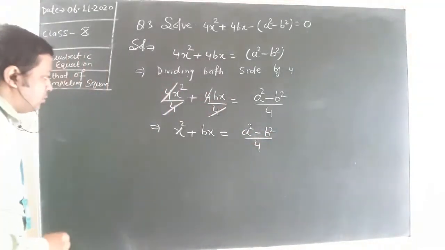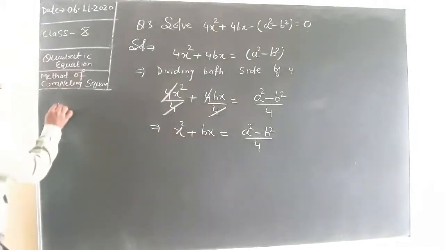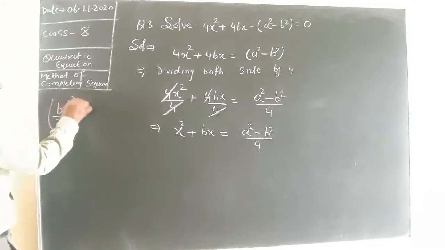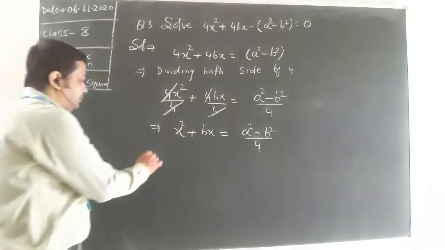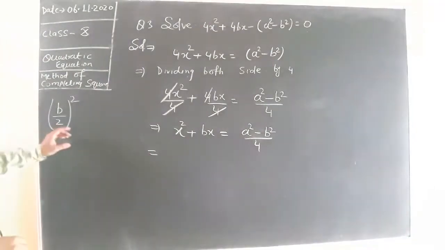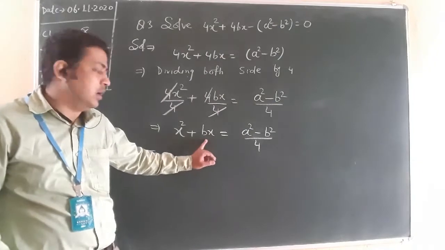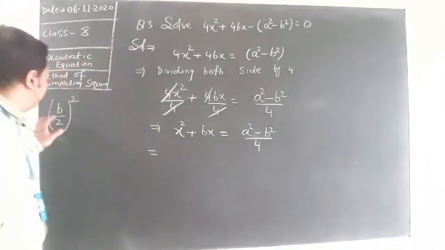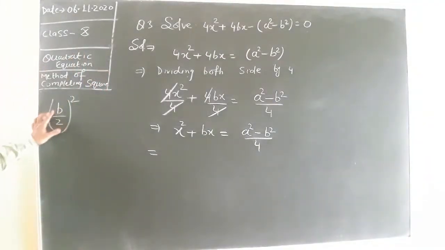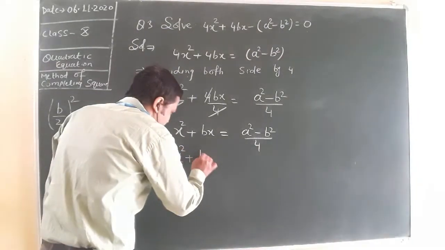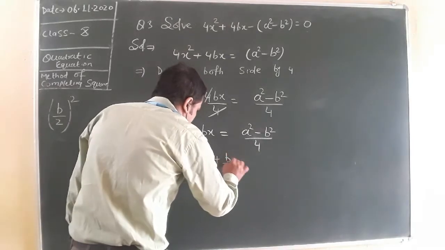Now what is the coefficient of x? Coefficient of x is b. Half of b will be b by 2, and the square of this. So again I am repeating the same thing. You have to note down the coefficient of b, ignoring the sign, write b, then divide this by 2, half, b by 2, then you have to take the square of the result, so b by 2 square. Now add this to both sides, so x square plus bx plus b by 2 whole square